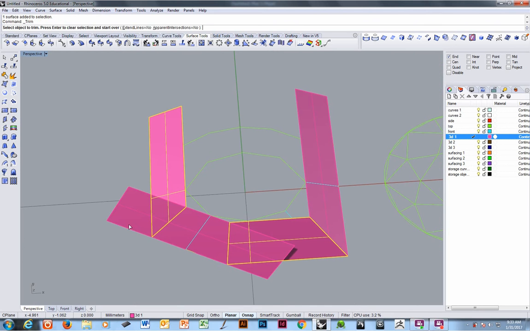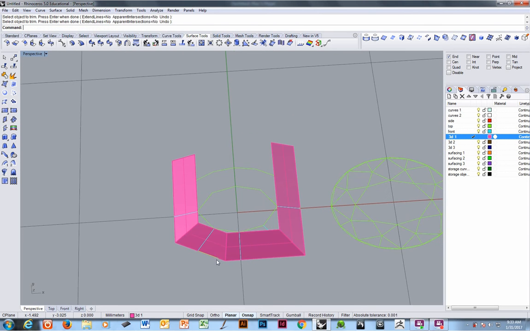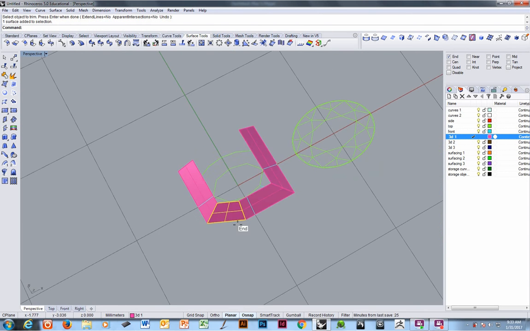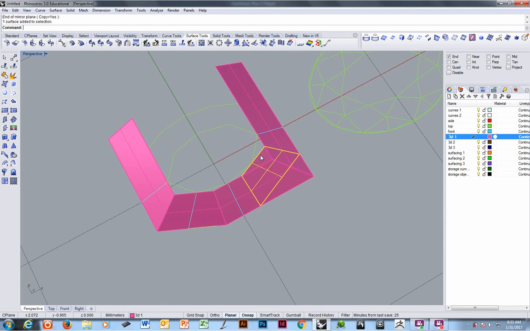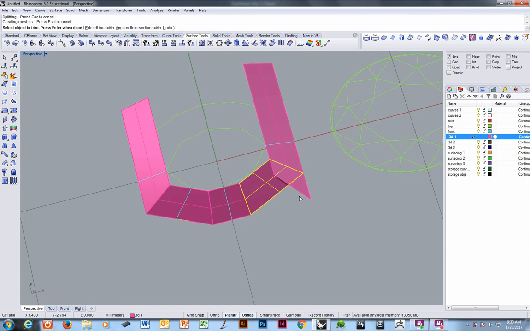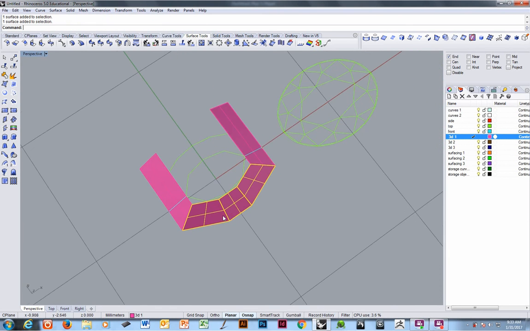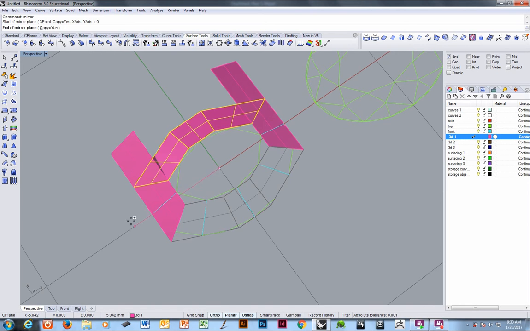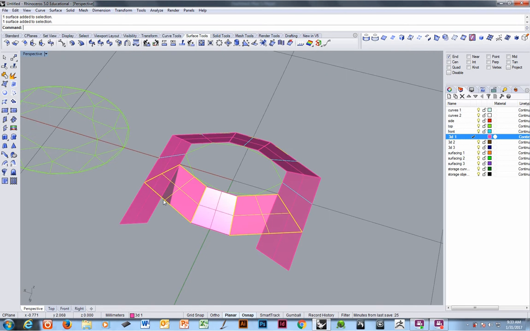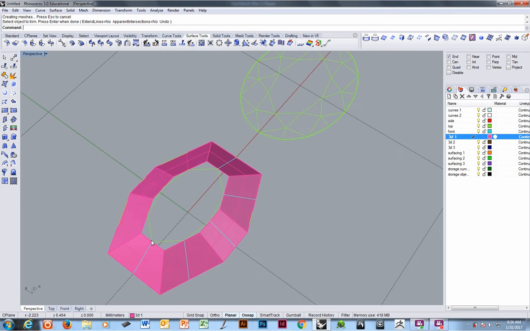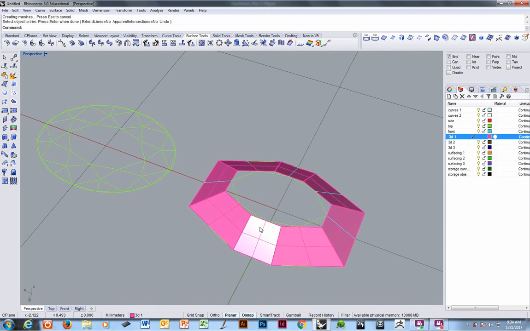And trim these off. I'll mirror this over. Trim these. Mirror these over. And use them to trim these. Fine. So,